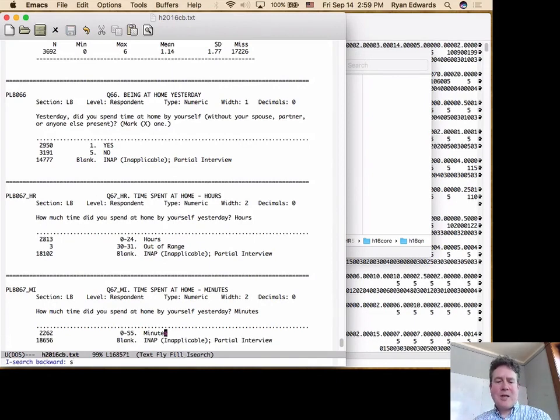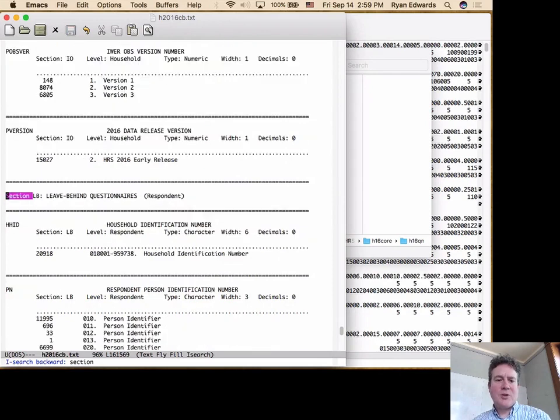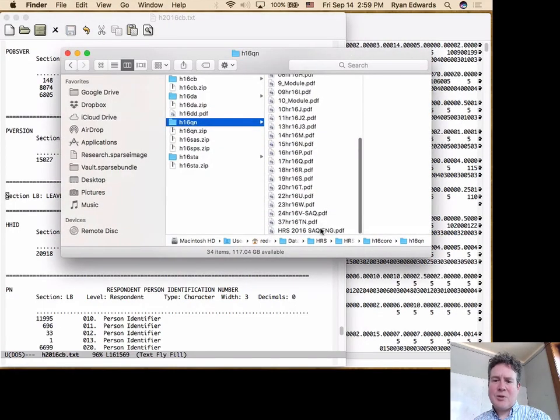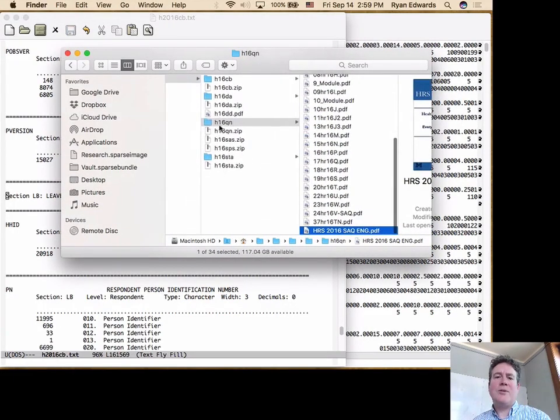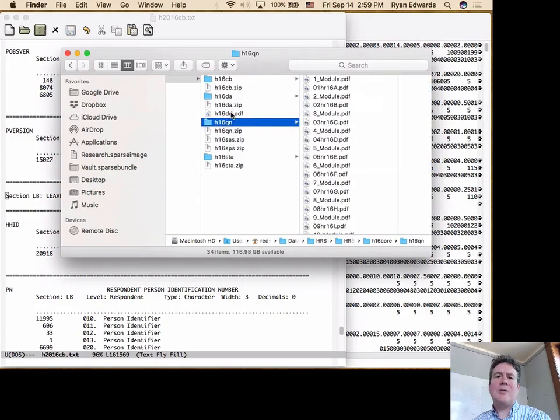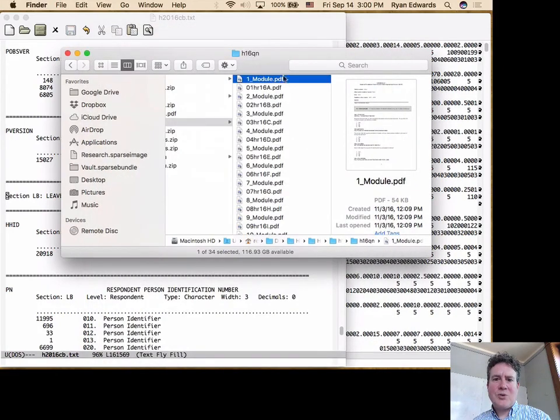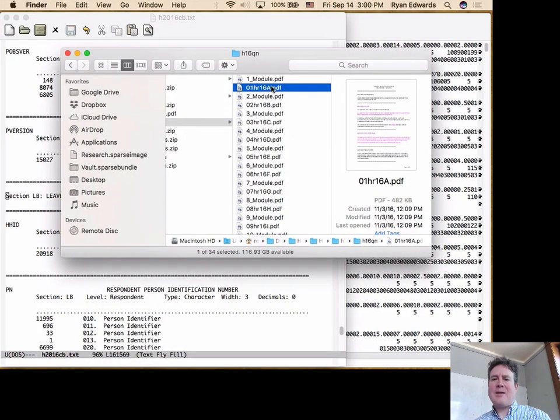All right, so let me search backward for section. It's a leave behind questionnaire that was part of that. I wonder where that's going to show up here. So now I'm looking in the questionnaire subfolder of the distribution to try to find where this might be measured. Well,